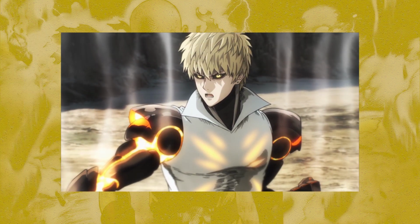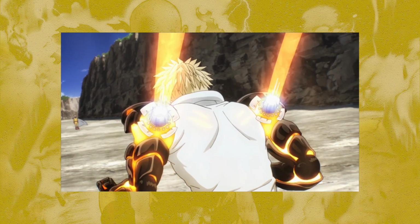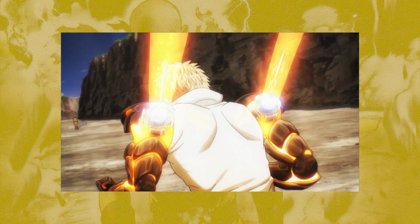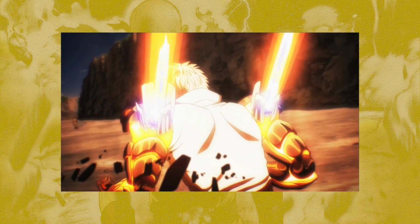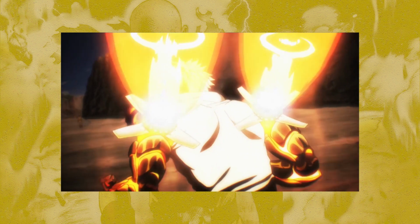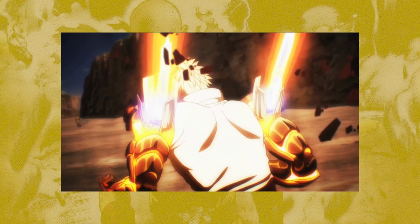But a little further on, we get to Genos challenging Saitama. So we have Genos charging up with good build up as we see him prepare his afterburners. Perhaps they are called that, I don't know for sure. That's just what they reminded me of. But notice how you have this red vignette type filter slowly taking over the screen, drawing your focus into Genos and building the atmosphere. Then this small circle of blue light appears like the calm before the storm, and then